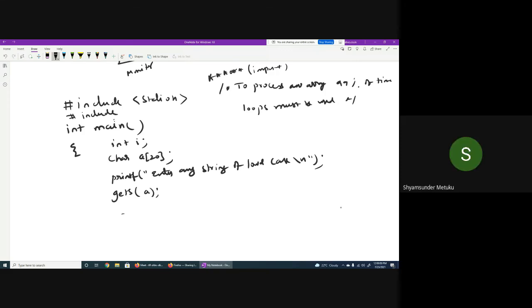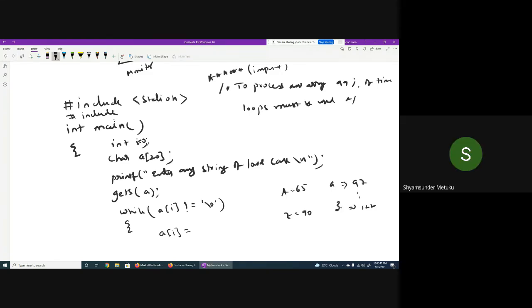Can I say while loop? Okay, sir. Yes, sir. So in that case, you should initialize i equal to 0 initially. Then while a of i is not equal to what should I write? 0, sir. Not 0, the null character. Then what am I supposed to do? A of i is equal to, see, small a to small z. What are the ASCII values? 97 to 122. Capital A to capital Z, what are the values? 65 to 90. Yes or no? Yes, sir.